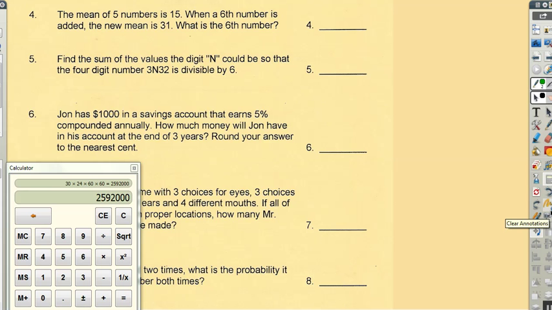The mean of 5 numbers is 15. When a 6th number is added, the new mean is 31. Well, that must be a big number. What is the 6th number? Well, in my first sequence, I have 5 numbers, and they have a mean of 15. And so that is a total of 75. So if I took all the numbers and added them together, I'd get 75. In my new sequence,